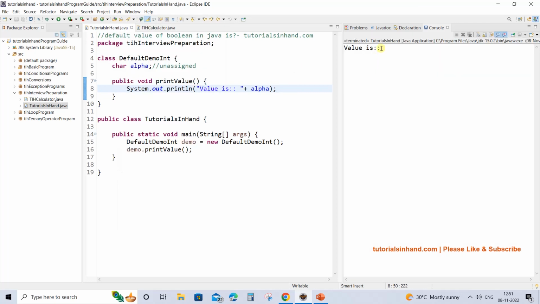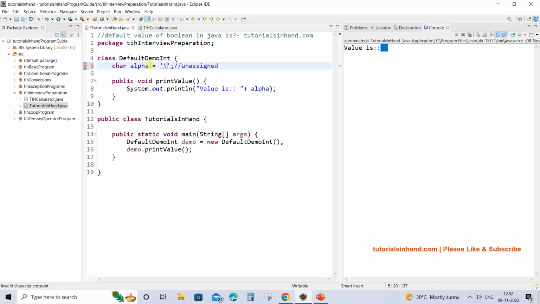As you can see here, nothing is getting printed, or there is a blank space getting printed at this place. The value is getting printed, but this value of alpha is blank, and it actually prints the null character. So the default value of the character data type is the null character, and it is represented something like this. Suppose I assign the value that the null character has to this variable, then also you will see the same output.